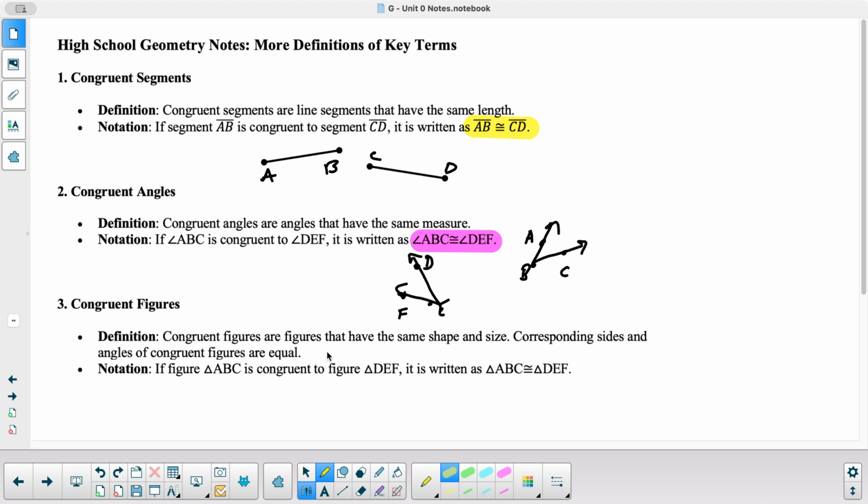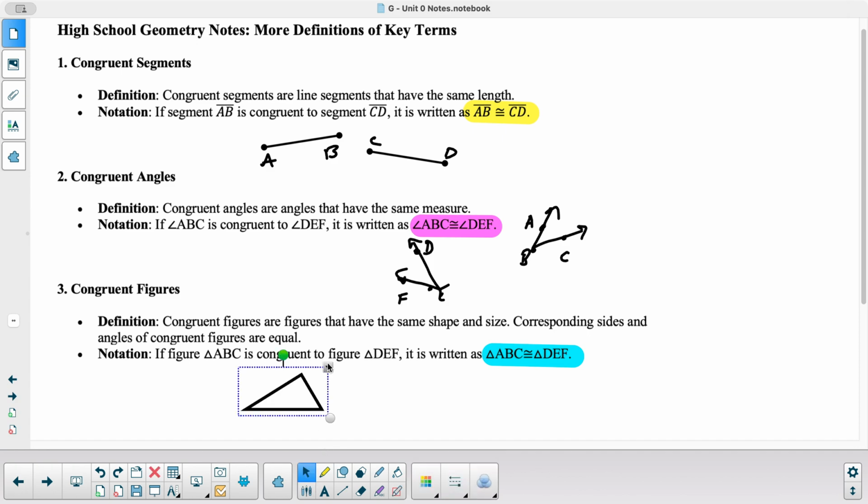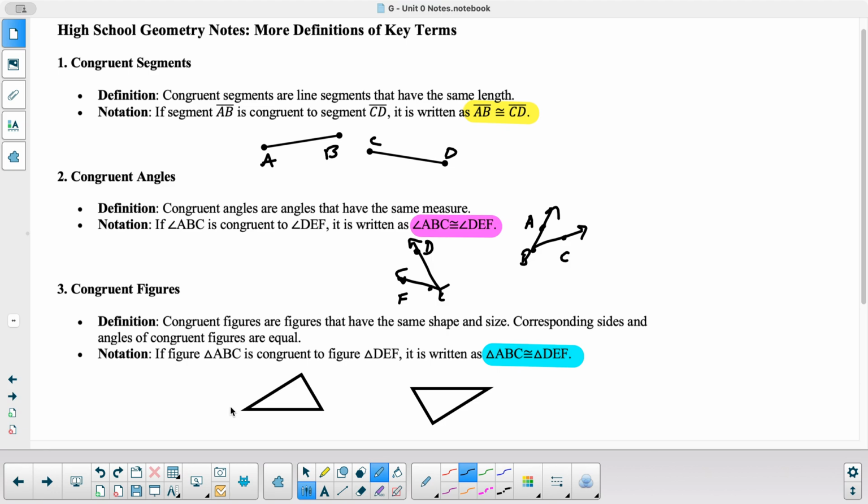Congruent figures are figures that have the same shape and size. Corresponding sides and angles of congruent figures are equal. So if figure ABC is congruent to figure DEF, we write it like this. Or if triangle ABC is congruent to triangle DEF, we write it like that right there with the little triangle symbol. That means it has three sides. So here, let's draw a triangle. Okay, here's my triangle. I'm going to make a copy of it here. I'm going to turn it, all that. Okay, so triangle DEF would be congruent to